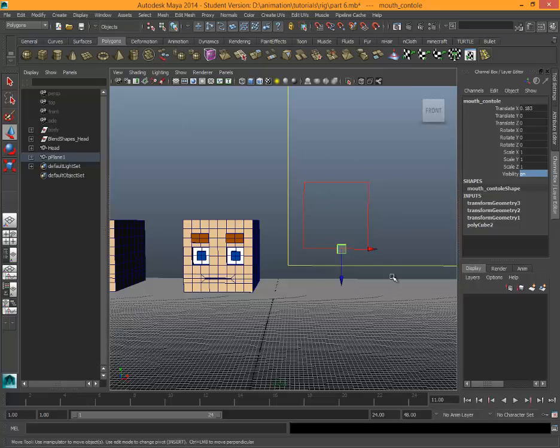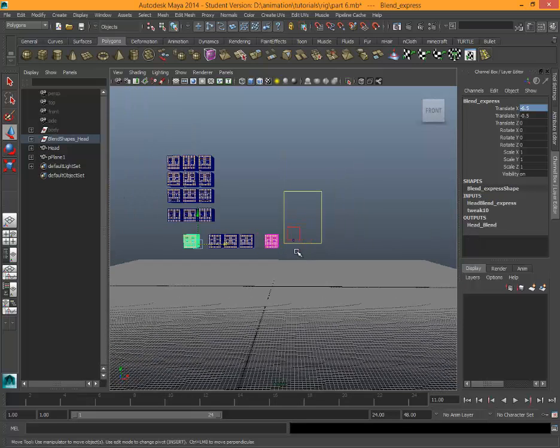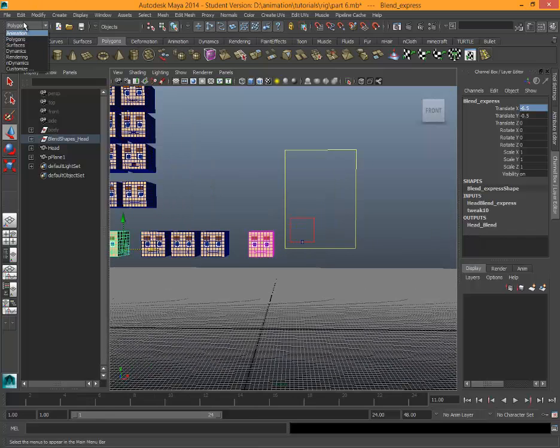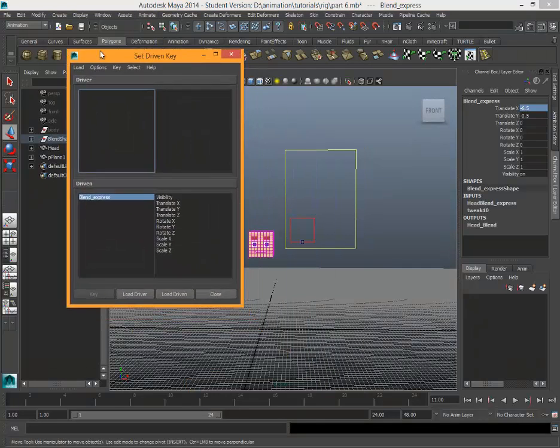So I'm gonna put this on 0. So this is the driver, and this is what's gonna be driven. Actually, no, this is what's gonna be driven. So what we're gonna do is go to animate. Make sure you're in animation. Go to animate, and in the animate section up here you have something that's called set driven key. Press set driven key, set. Now you get this window,